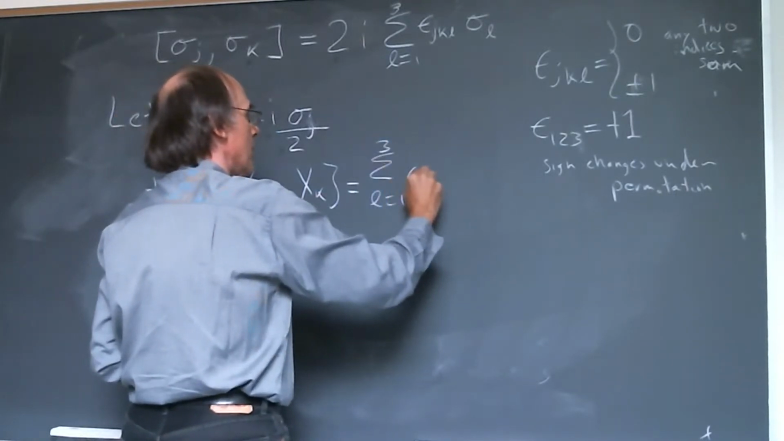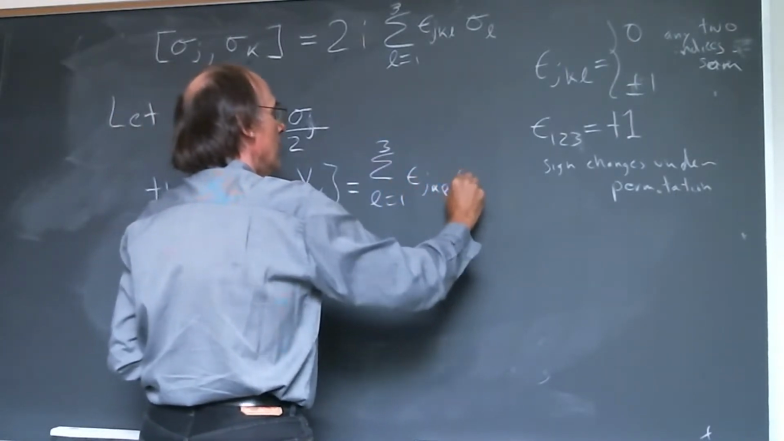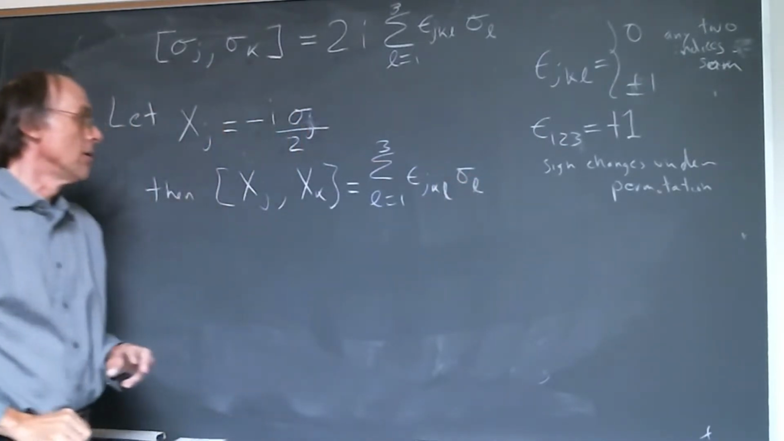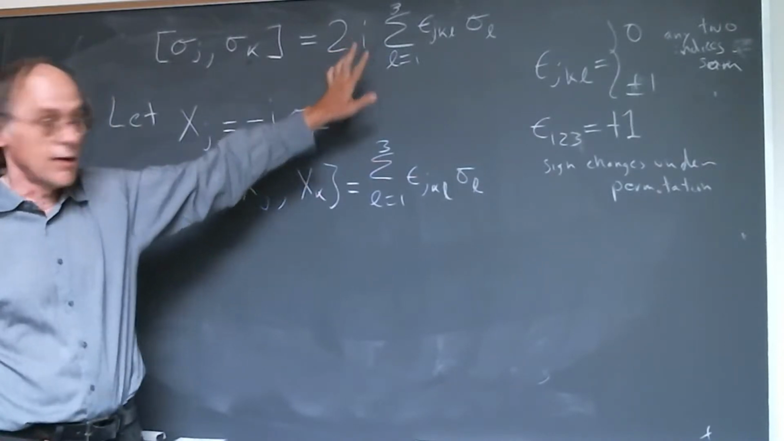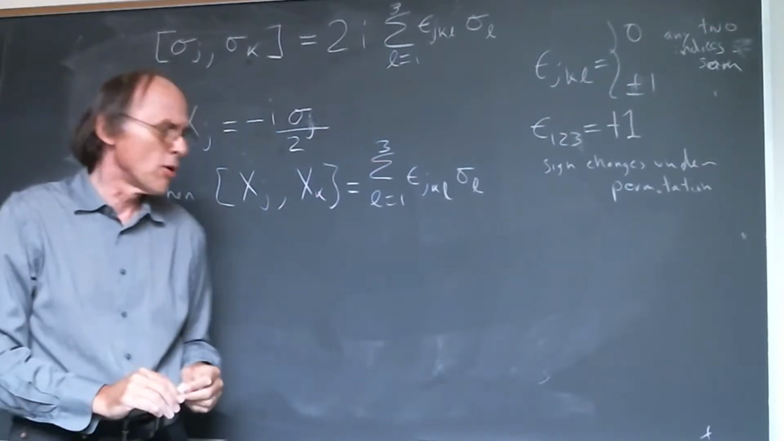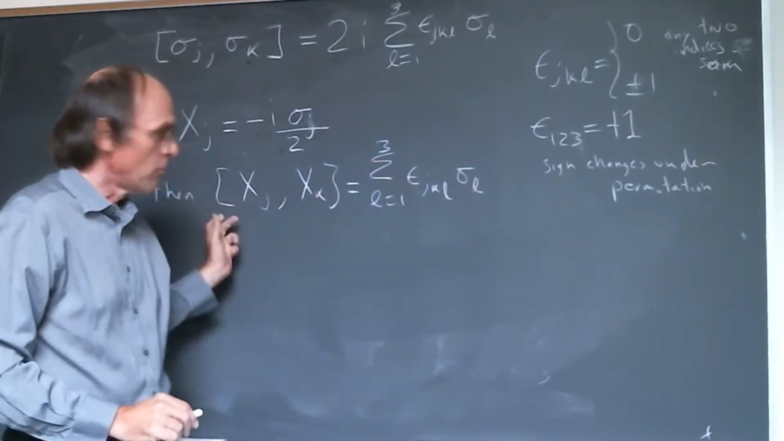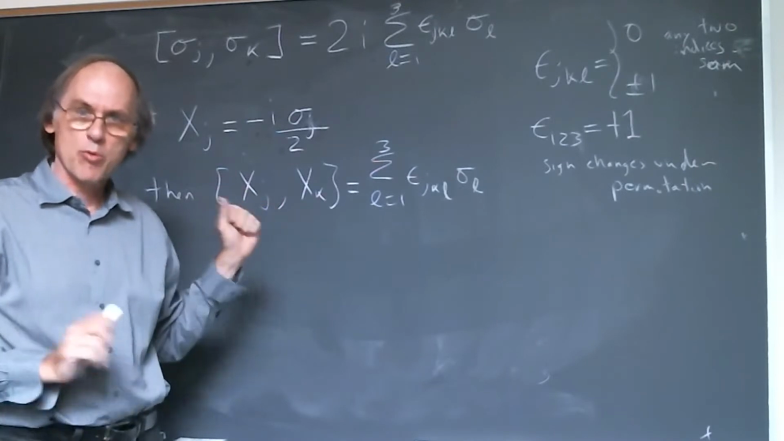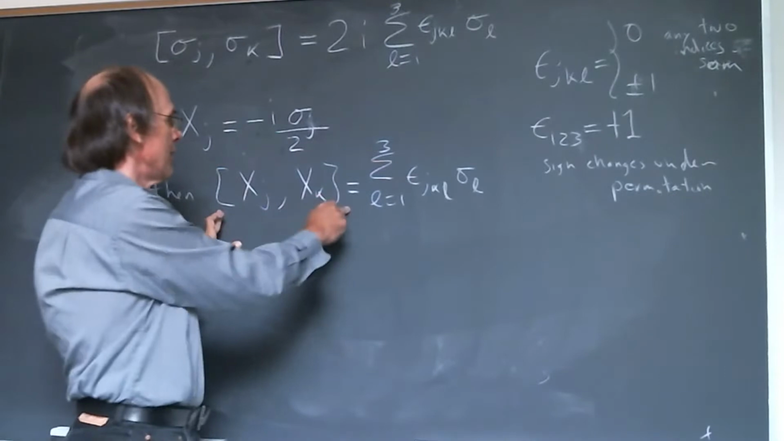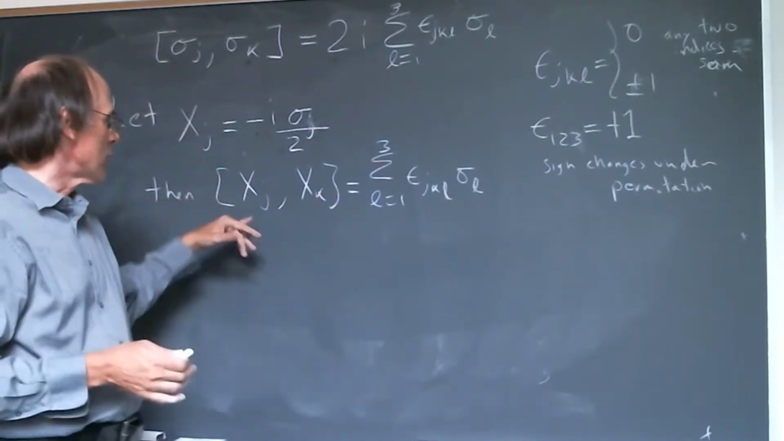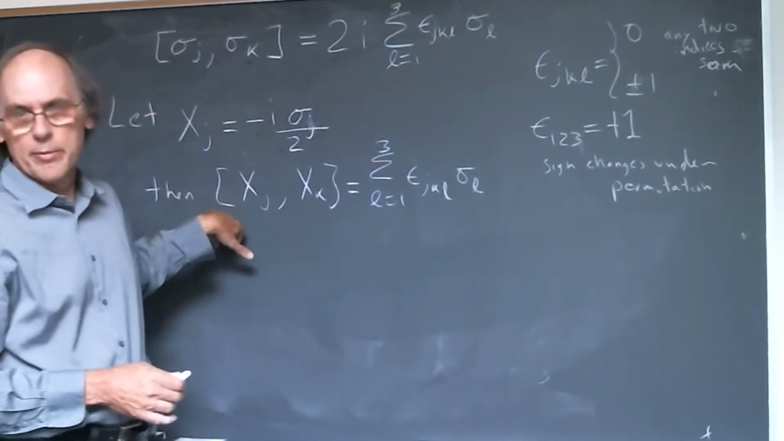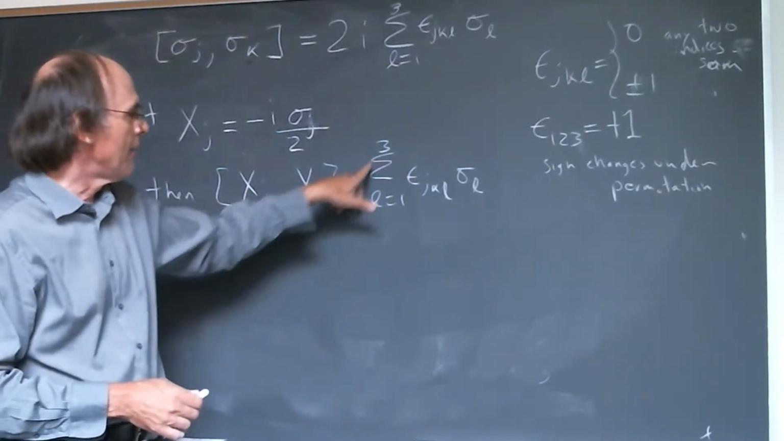3 epsilon j k l sigma l. Okay, so we get rid of this factor of 2 and the i here, and we just get this. And so we're going to see a lot more formulas like this starting next week when we talk about Lie algebras. In Lie algebras, a fundamental thing is that you've got a space and a certain basis of the space, and commutators of elements in that space have some nice